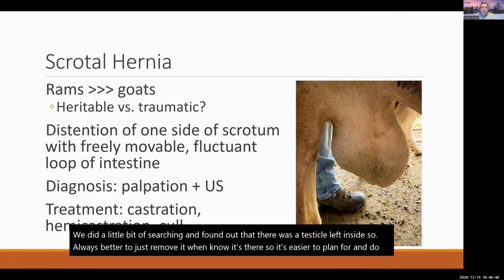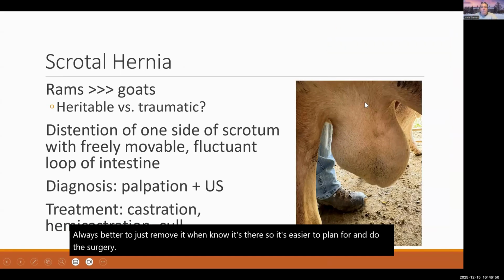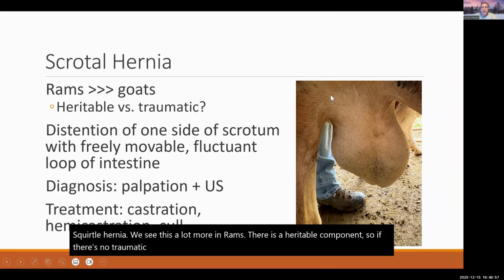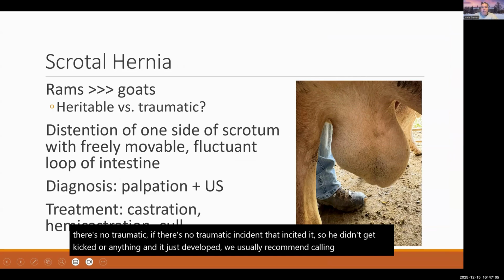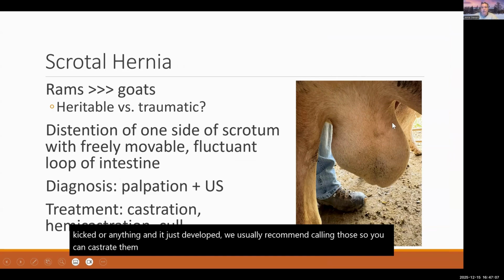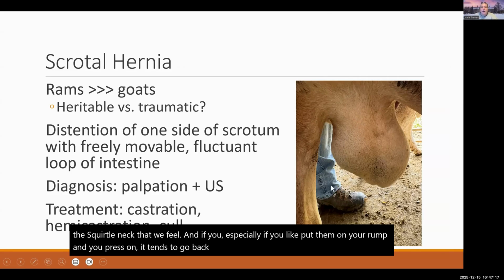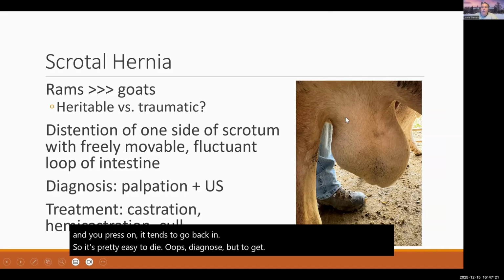Scrotal hernia, we see this a lot more in rams. There is a heritable component, so if there's no traumatic incident that incited it, so he didn't get kicked or anything, and it just developed, we usually recommend culling those. It's usually a pretty soft swelling in the scrotal neck that we feel. And especially if you put them on their rump and you press on it, it tends to go back in. So it's pretty easy to diagnose, but to get rid of it, usually you have to castrate him